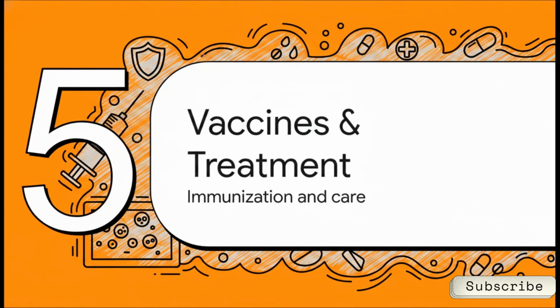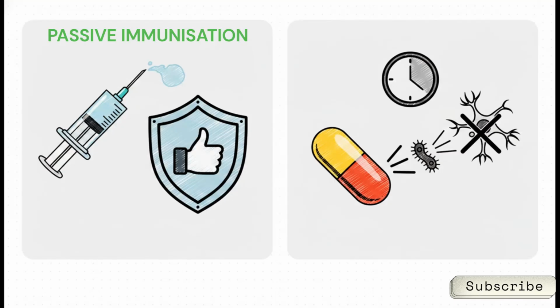Section 5. Vaccines and Treatment. Let's talk immunization and patient care. When treating clinical tetanus, always remember this. Passive immunization is your primary, immediate go-to treatment. We use human tetanus immunoglobulin, or HTIG, at 250 international units. It lasts for 30 days and is heavily preferred over the older equine-derived ATS, which carries a pretty high risk